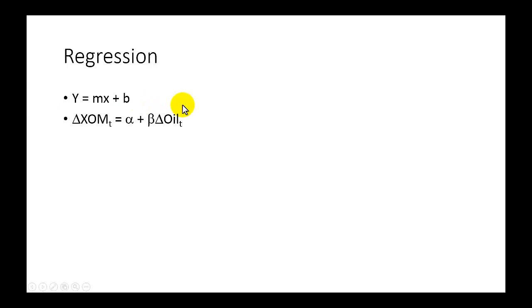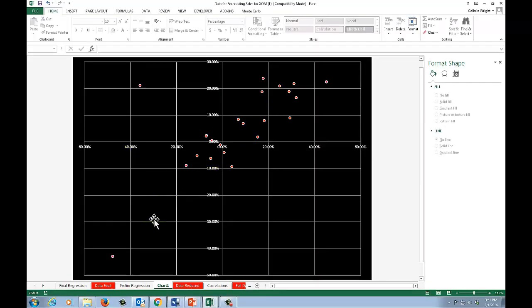Remember, that's just the equation for a straight line, and all it says is if you know the value of x, multiply that by the slope coefficient m, and add the y-intercept, and that tells you where you are on the line for the y variable. All regression is trying to do is define a line that will define the delta in Exxon Mobil by the delta in oil. So in other words, the change in oil prices will be the x variable, and the change in Exxon Mobil's earnings will be the y variable. So we're literally just trying to fit a line through this.